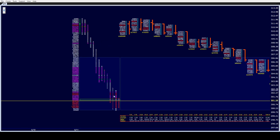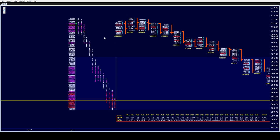So there is a lot of places there were sellers here today. So it's not going to be easy for the bulls to just take this back. Forget about the gap. I'm talking about just getting to the gap. There's a huge amount of sell places in here. For the downside, we have today's low of